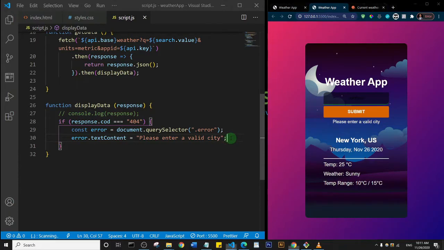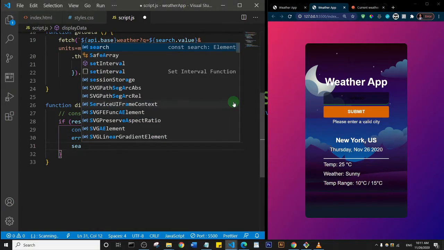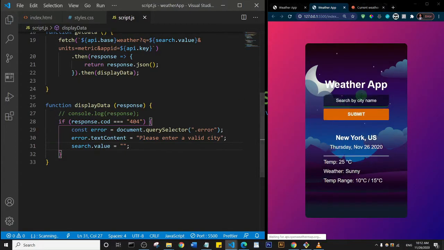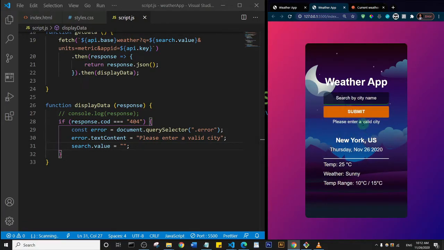input to clear out. So what I would say is search.value, and I'll set it to be equal to an empty string, and I'll save. If we go ahead and type in some dummy text, you see that it gives us please enter a valid city, and then it clears out